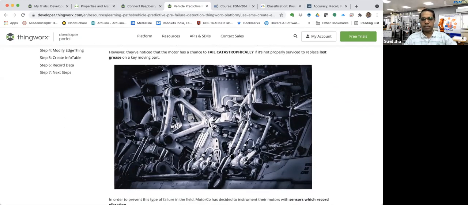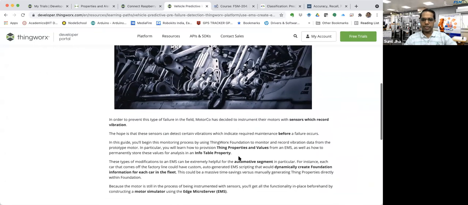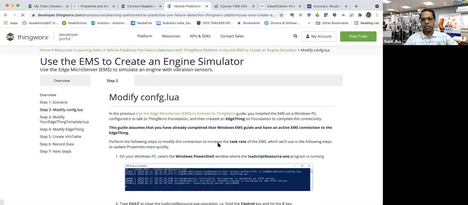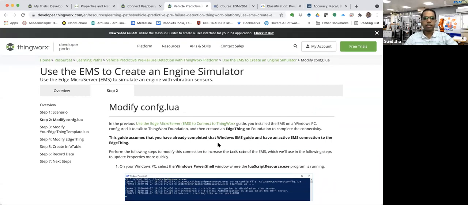In a normal vibration sensor, you can just apply the Fourier transform, and you will be able to know which frequency band the data is coming into. This is just an example where we will be integrating 2 sensors. We are supposed to create 5 different frequency bands for each sensor. For that, you will again be changing the Lua script on the RPi device, wherever you have this edge microserver.